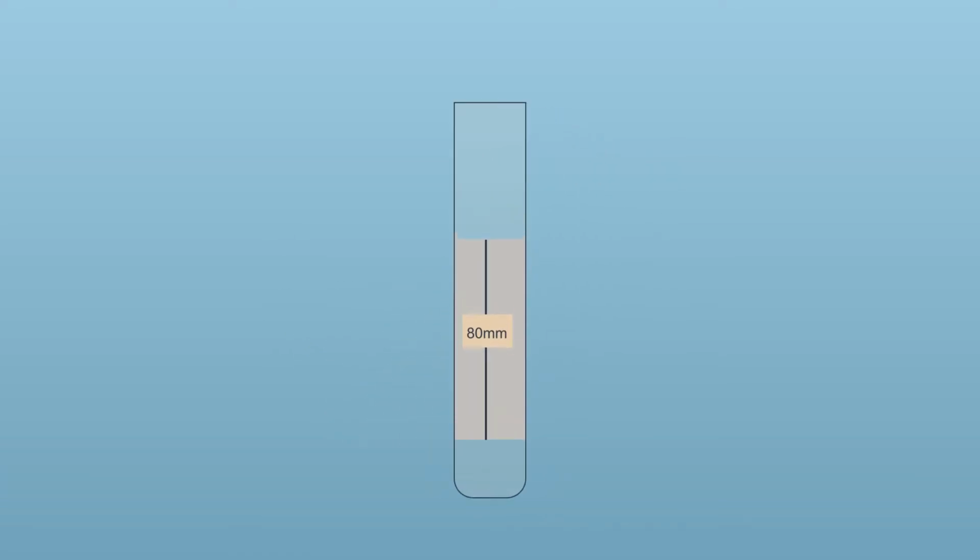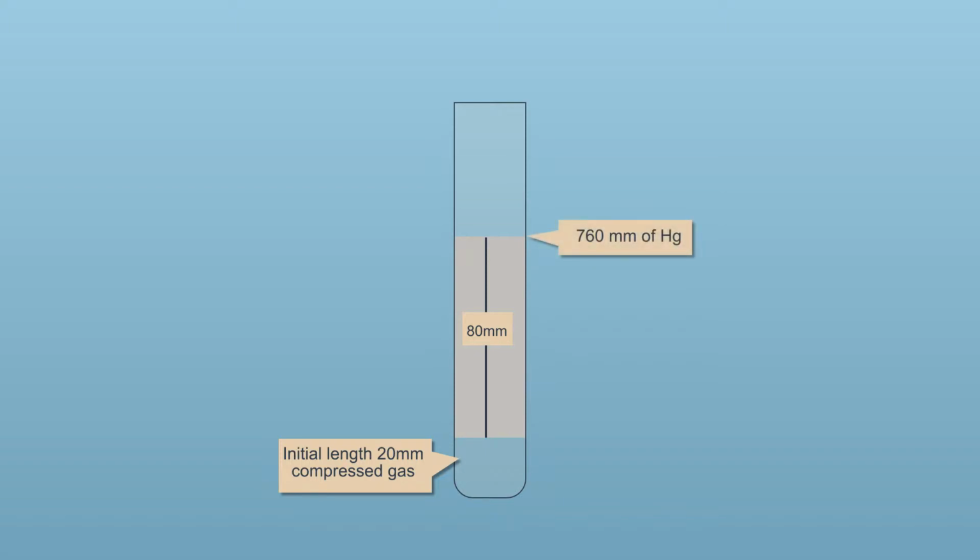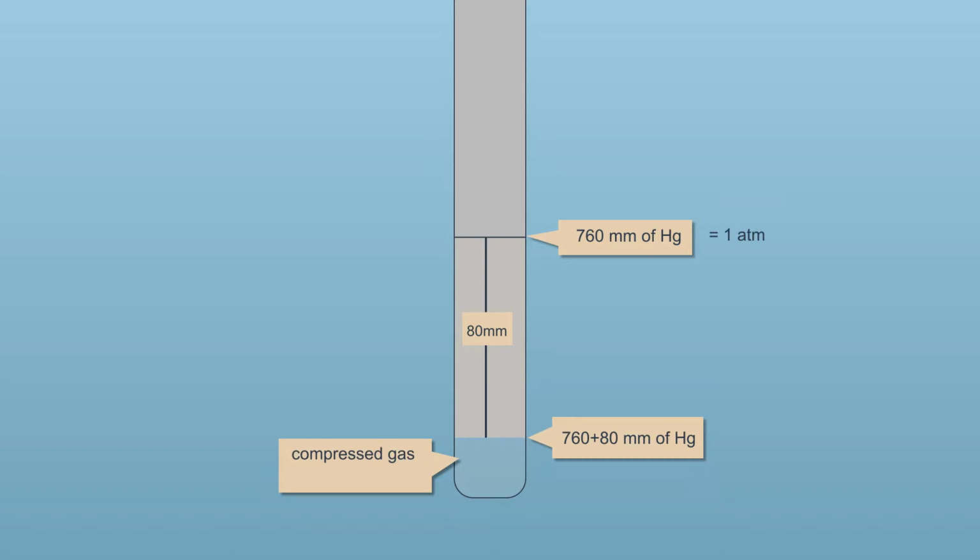When we make the tube vertically upward, due to pressure of atmosphere and weight of the mercury, the trapped air gets compressed. We can imagine atmospheric pressure as additional 760 mm of vertically long mercury column over this 80 mm mercury column. Hence, total we have apparently 760 plus 80, that is 840 mm of vertical mercury column above this gas column. Hence, to balance this, the air too has a pressure of 840 mm of Hg.